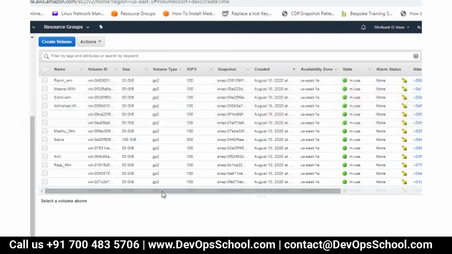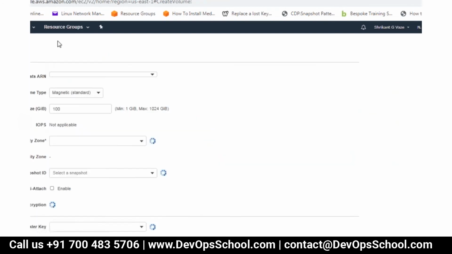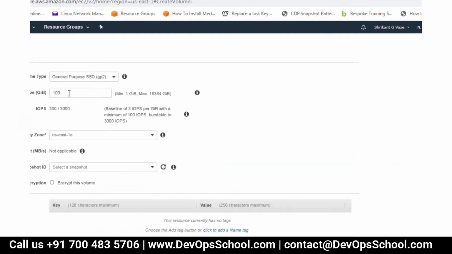What you see here are root volumes, denoted by the server name. Whatever EC2 instance name you gave, the same name is attached to the root volume. Please make sure that you don't create 100 GB volumes. I think somebody has created 100 GB. Create a new volume of 5 GB, because a lot of billing is coming to me. This is for demo purposes, so please use 5 GB.